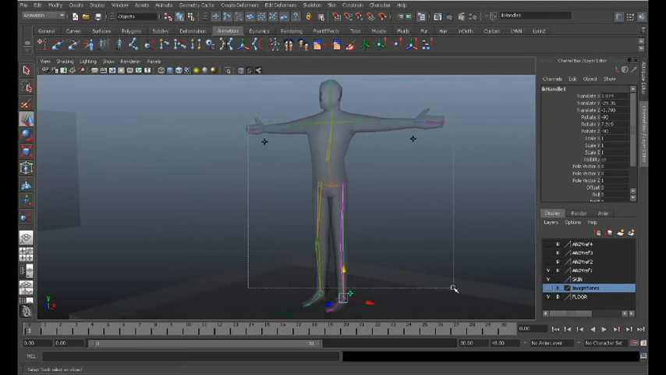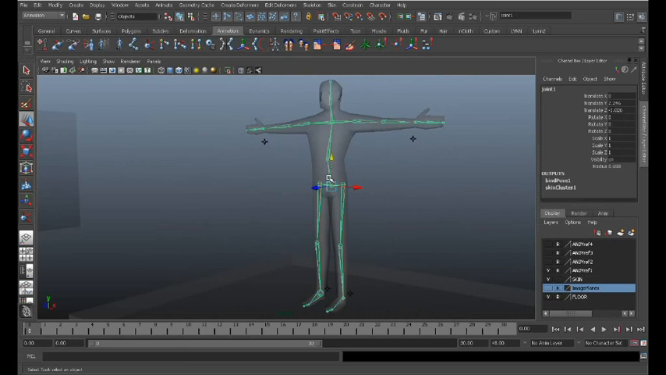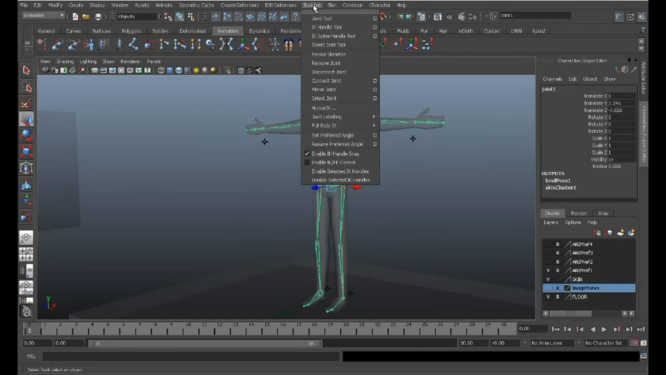Select all of the bones. And the IK handles here, you can see, are going to be selected as well. So let's go ahead and do the bones first. We're going to select on